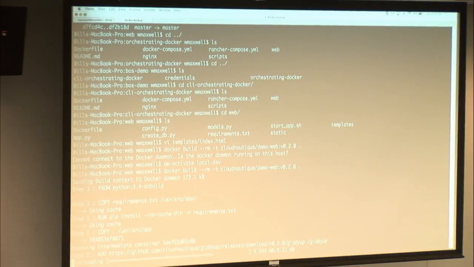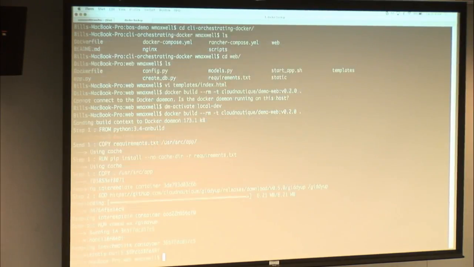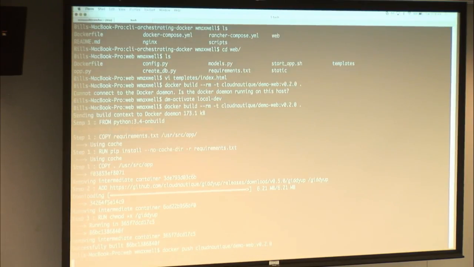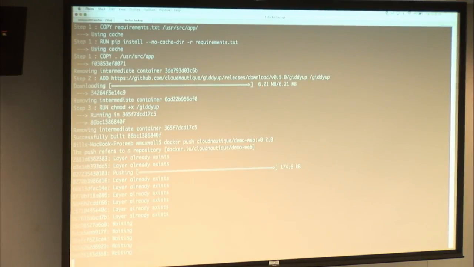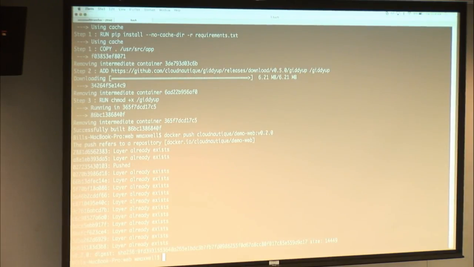It's pulling down all of its dependencies. It should go pretty quick because it's cached. And then I'll do a Docker push. And this is just manually doing the steps that the CI system was doing earlier. But it's deploying it to a different environment where it's all instrumented. So hopefully we should see the logs pop up and actually get some cool stats and data about it.